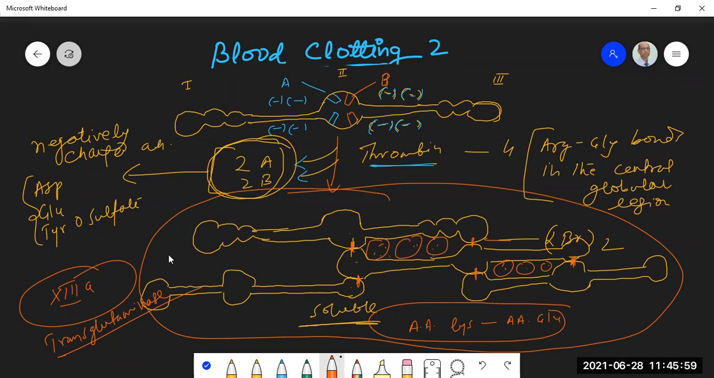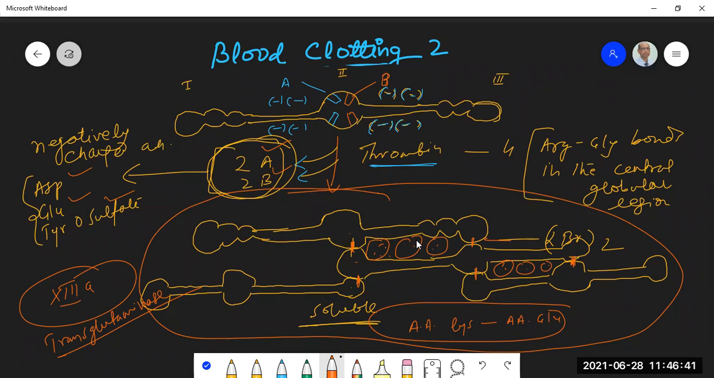This is the biochemistry of conversion of fibrinogen to fibrin. Stage 1 is proteolysis, where these 4 arginine-glycine bonds in the central globular region get cleaved, liberating 2 alpha and 2 beta peptides, the A and B peptides. These A and B peptides are rich in negatively charged amino acids, aspartic acid, glutamic acid, and tyrosine sulfate. Because of their presence, this fibrin structure has a negative charge, but as soon as they are removed, the surface charge density pattern changes, and individual fibrin monomers come spontaneously closer to each other, forming this kind of extensive mesh-like